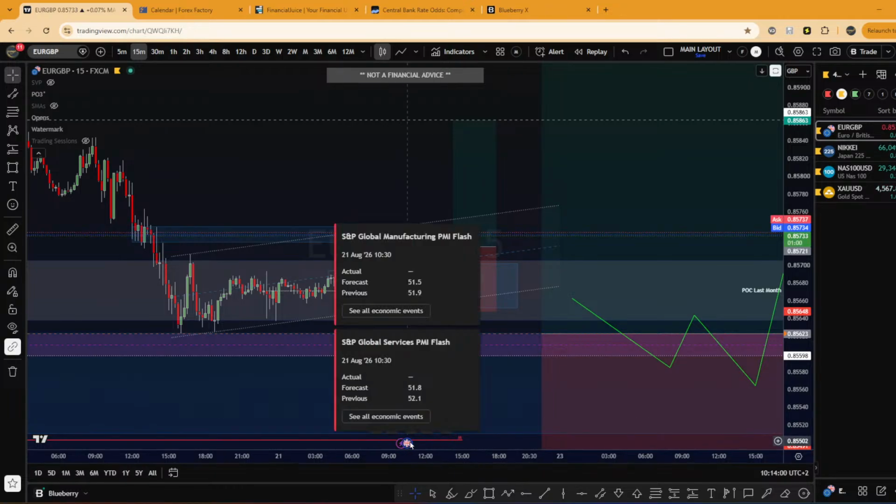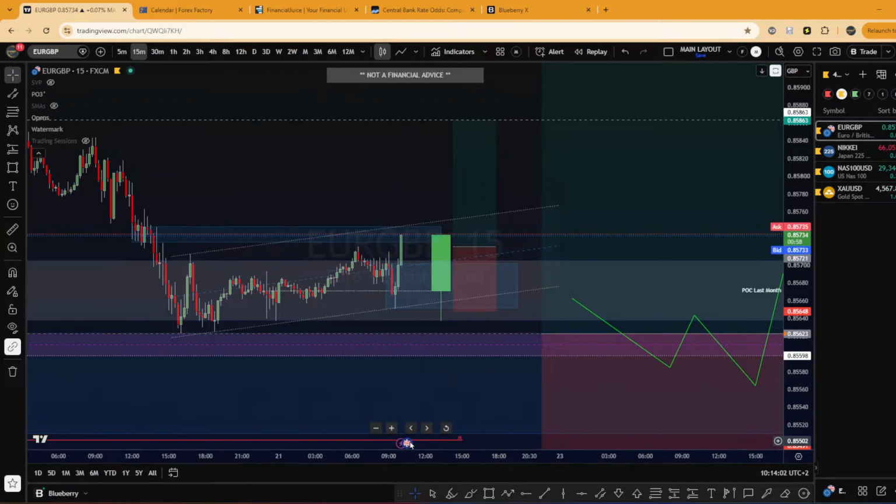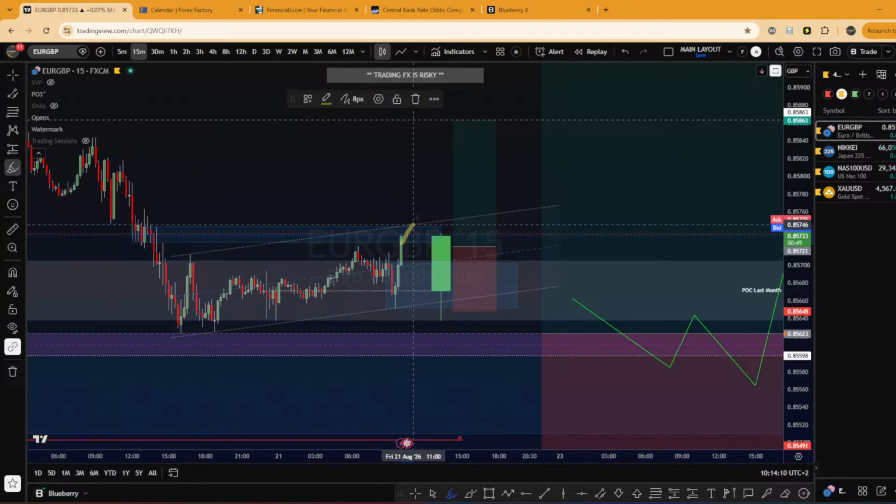I want to buy, but I just don't want to be stopped out like this after the pound release, something like this, stop out, and then